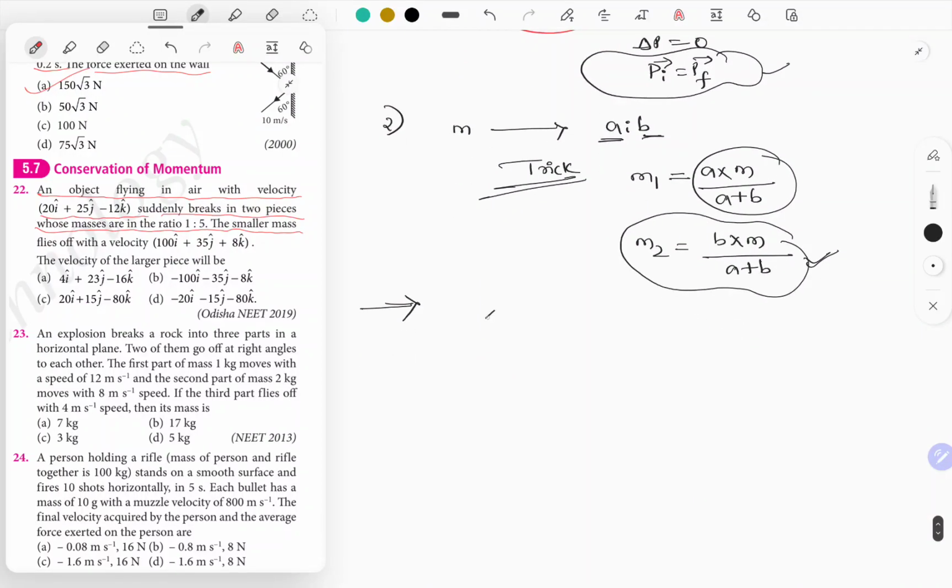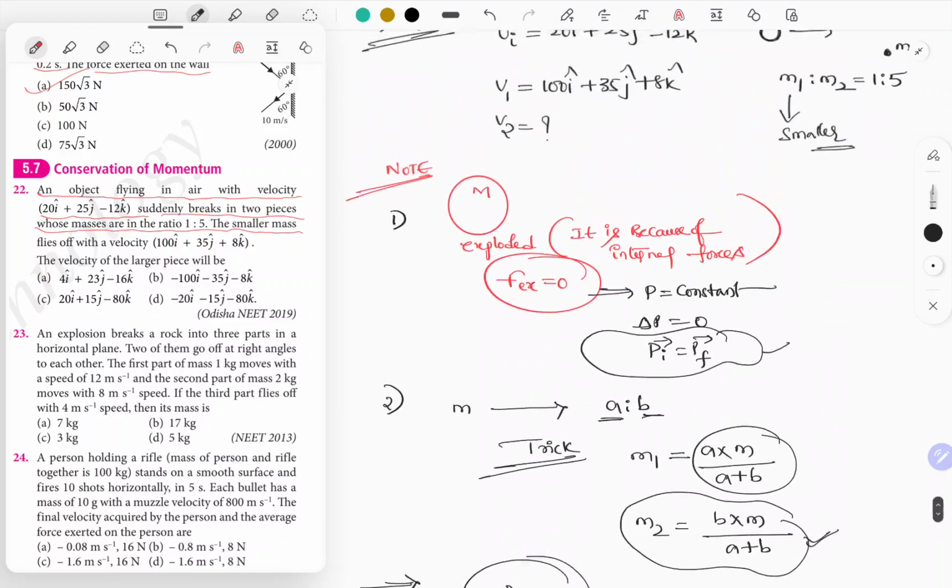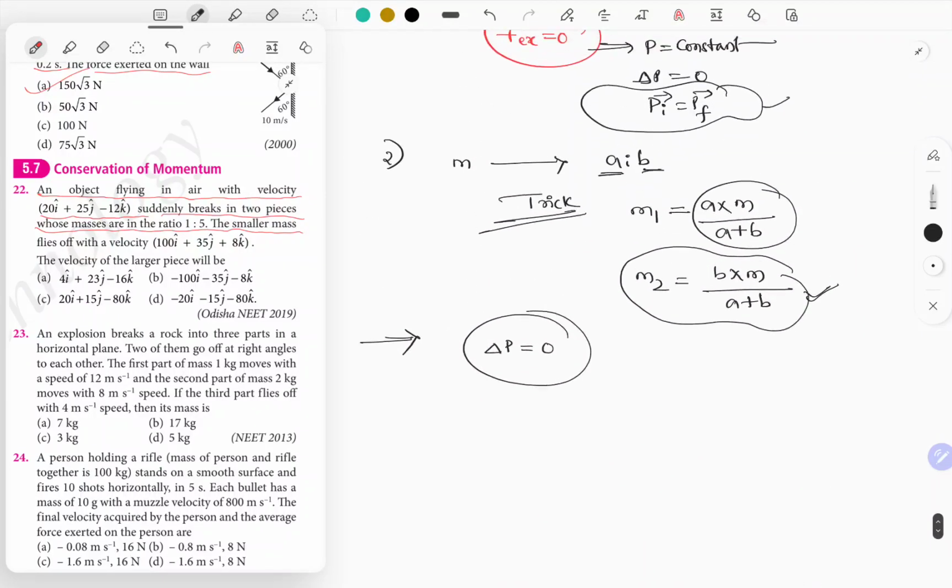As it is being exploded because of internal forces, not because of external forces, the change in momentum is equal to 0. If the change in momentum is equal to 0, initial momentum is equal to final momentum. So the initial mass of the particle is m and its initial velocity is 20 i cap plus 25 j cap minus 12 k cap, which is equal to